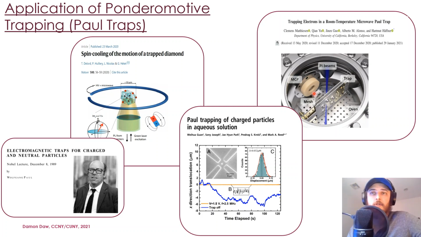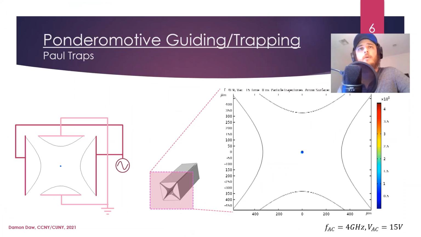using microwave fields. So this technique has been applied across a huge range of charge to mass ratios. This microdiamond has a very low charge compared to its mass. An electron has a very, very large charge compared to its mass. And so it's a very versatile technique that can be used to do a lot of interesting things. So before we jump into some of the math, I wanted to go over just a quick